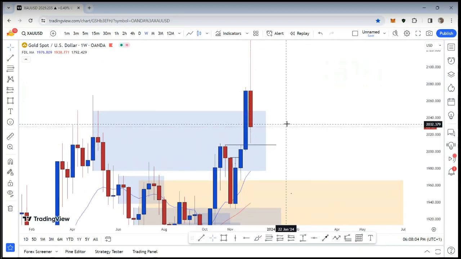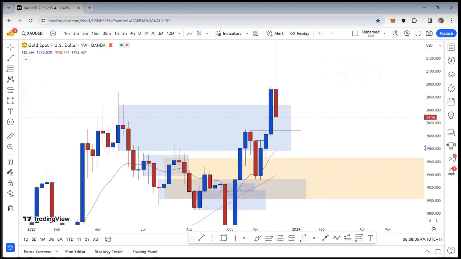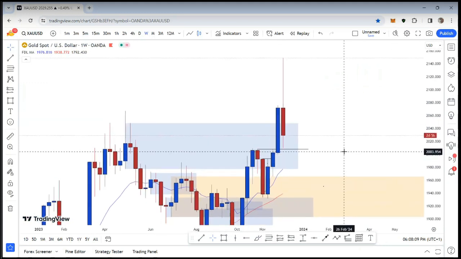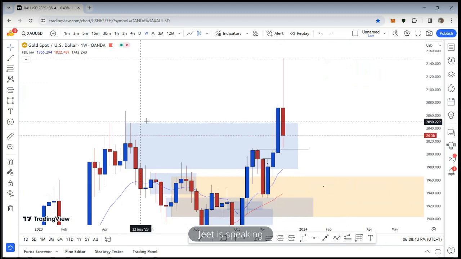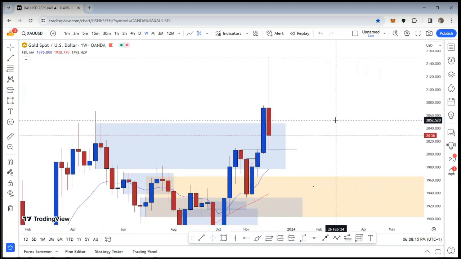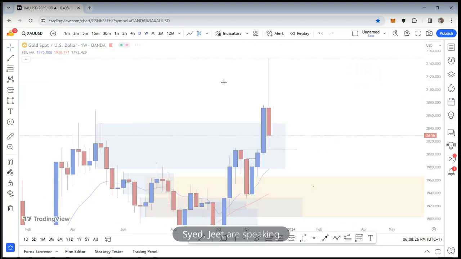Now, according to the law of current market price, weekly is bullish. Am I correct? Yes, because we broke outside this level. Now, according to the law of structure, what do you think we should expect on the daily time frame? Alignment for bullish. It is that simple. So now, as I go down to my daily time frame,